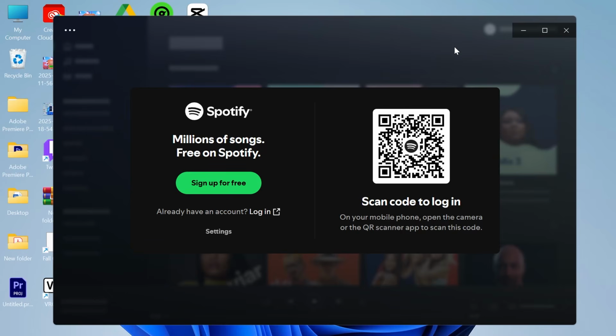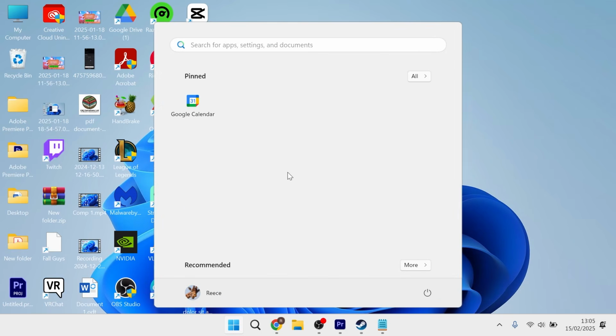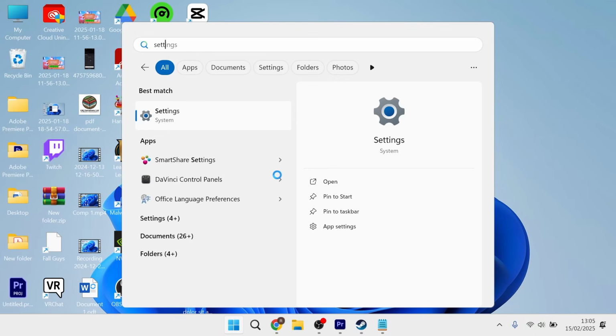In this video, I'm going to show you how to fix Spotify not opening on your Windows 11 computer or laptop. So if you're trying to load up the Spotify application and it's just not opening or the login screen is not showing, then I'm going to show you a few things you can do to fix this. Now the first step is just to head over to the Start menu on your computer and search for Settings,